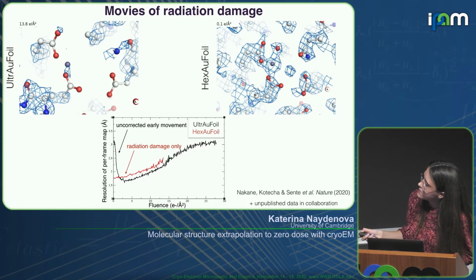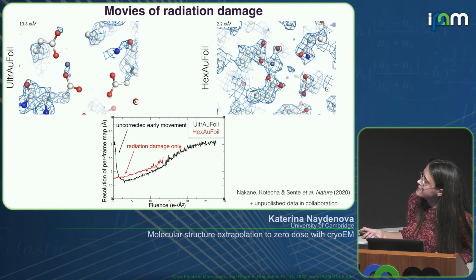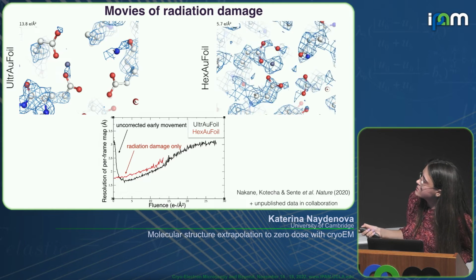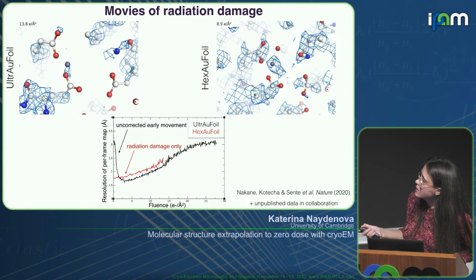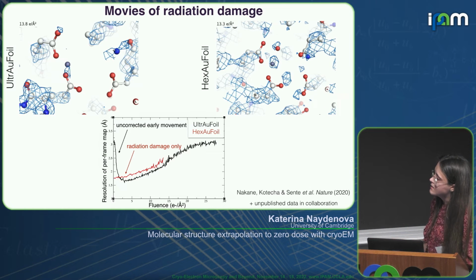And in comparison, the movie from the Hexafoil support, we start with the complete density, and then as we expose, the only thing that happens is the density deteriorates due to radiation damage. Another way to think about this is to plot the resolution of these individual frames as a function of fluence, which is shown below, and the black curve corresponds to the first movie, the red curve corresponds to the second